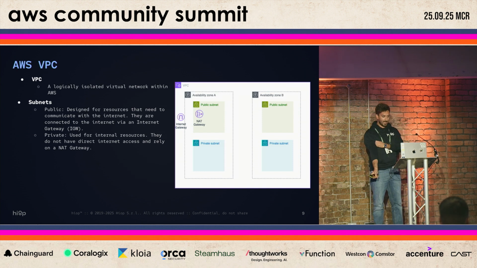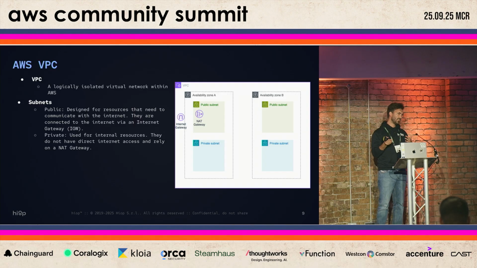In the private ones, the resources can also communicate with the internet, but there is no internet gateway. There is a NAT gateway, which is used in order to provide public access.